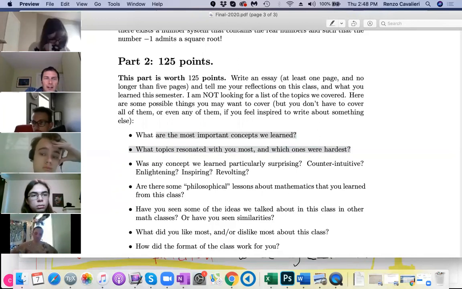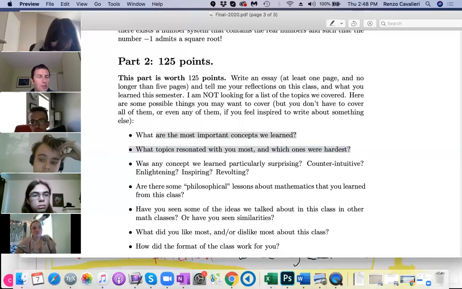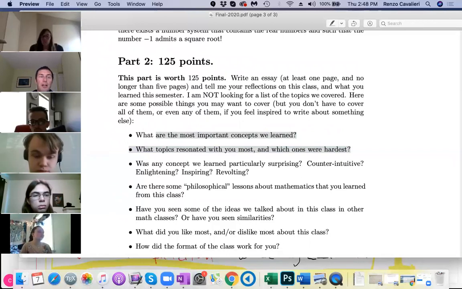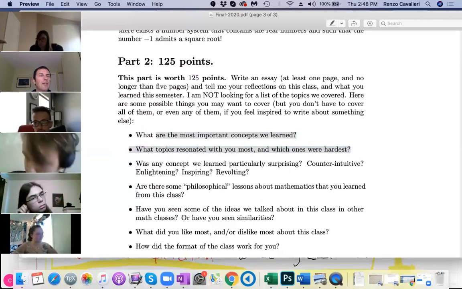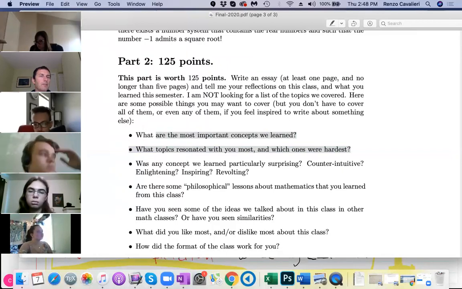For example, starting on unit 6, we really talked a lot about functions. So functions was certainly a central idea for the second half of the semester. Function is something that you talk about in calculus. How was it different now? What have we done now that is done differently from calculus? We have certainly taken a point of view which is a little bit more general, a little bit more abstract. These are the kind of things I would like you to spend some time reflecting on,